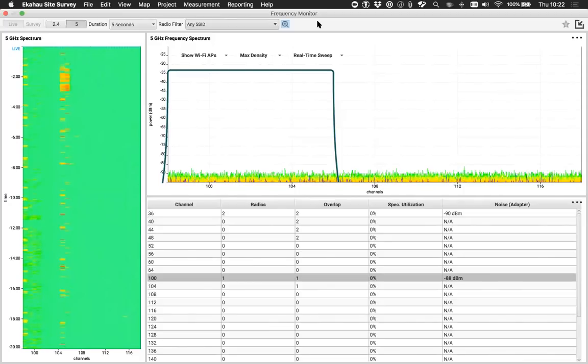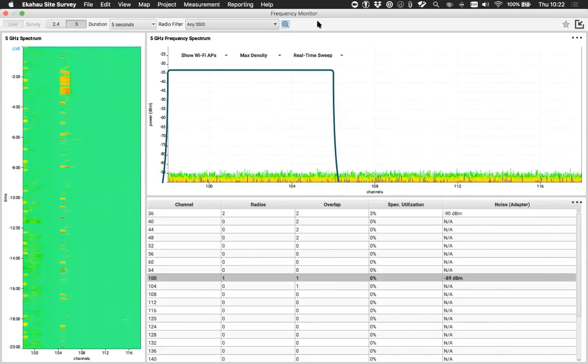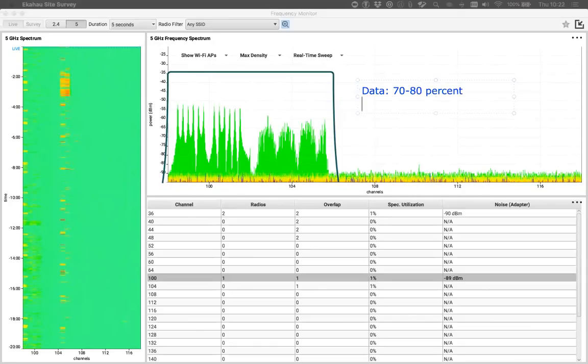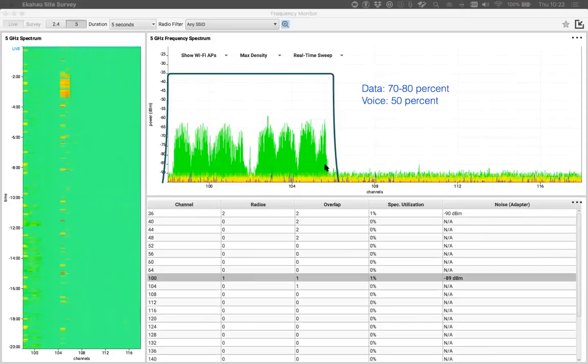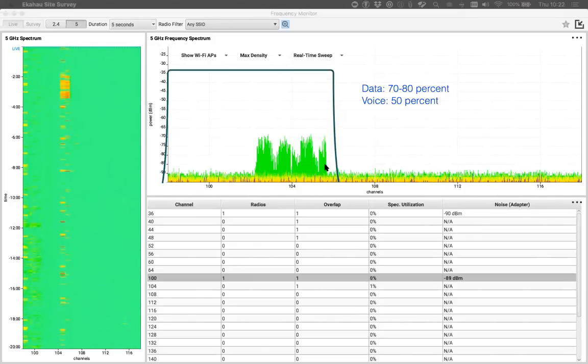Yeah, as a rule of thumb, if you're seeing 80% or less spectrum utilization on a channel, it's going to be sufficient for general data usage, loading websites, sending and receiving emails. There might be a little bit of delay, an extra second to load a web page, or an extra couple seconds to send an attachment. There's going to be some contention there, so it's going to take a little bit longer, but from a user experience standpoint,